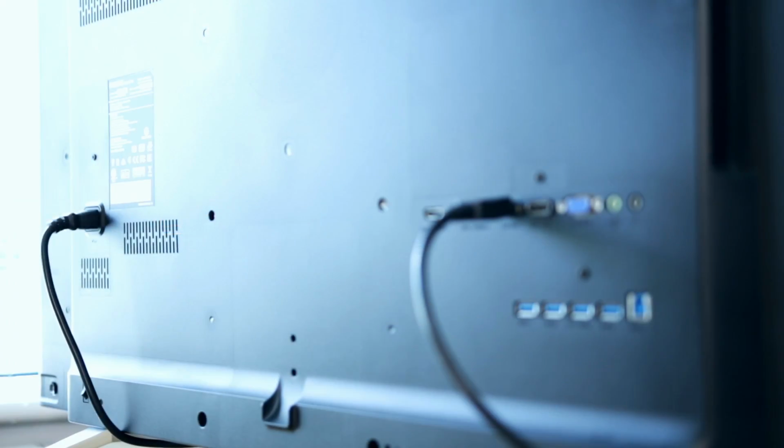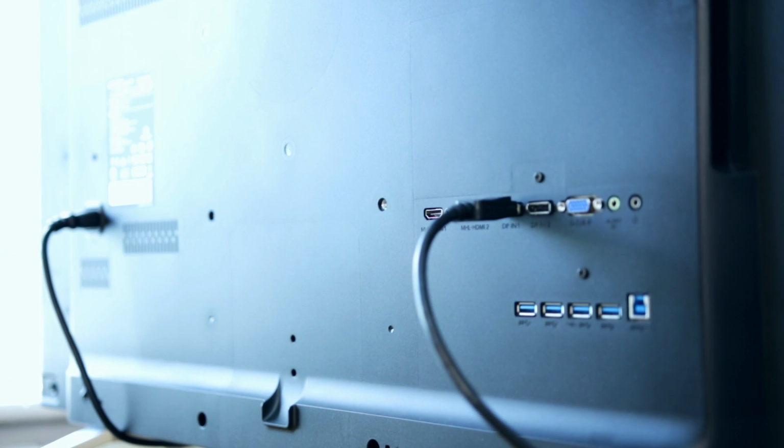Move around to the other side of the monitor and you'll find evidence that this is actually a PC monitor, as we've got two DisplayPort inputs that can both drive this at native resolution and of course native refresh rate, as well as two HDMI 2.0 sockets, which is really good to see, but unfortunately they don't have HDCP 2.2,